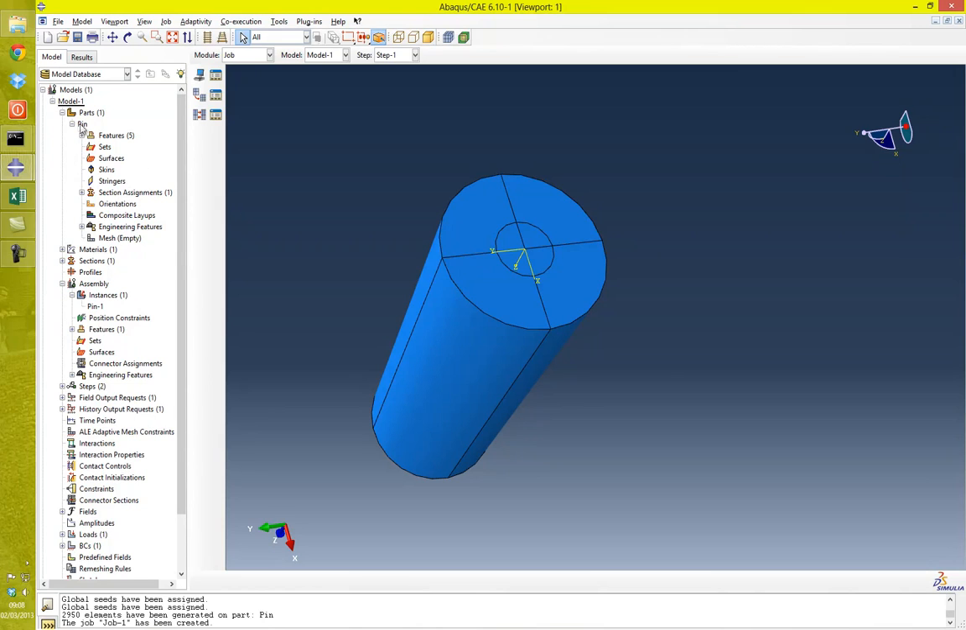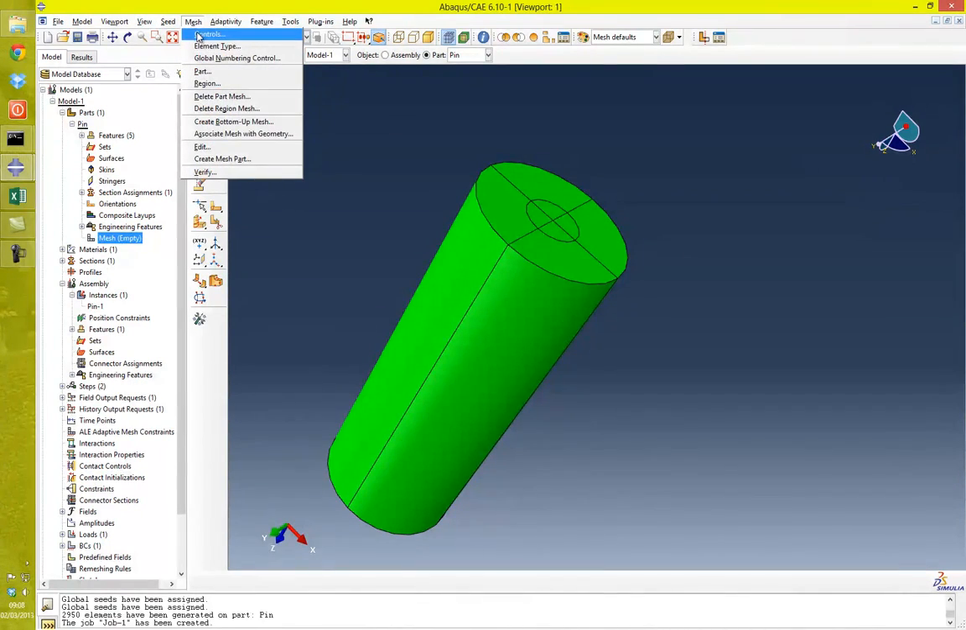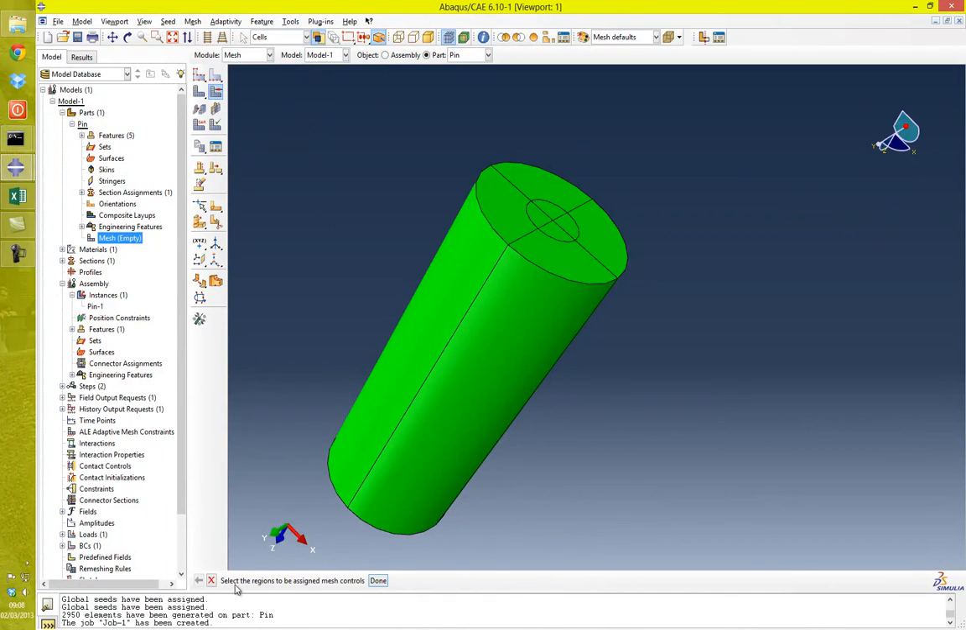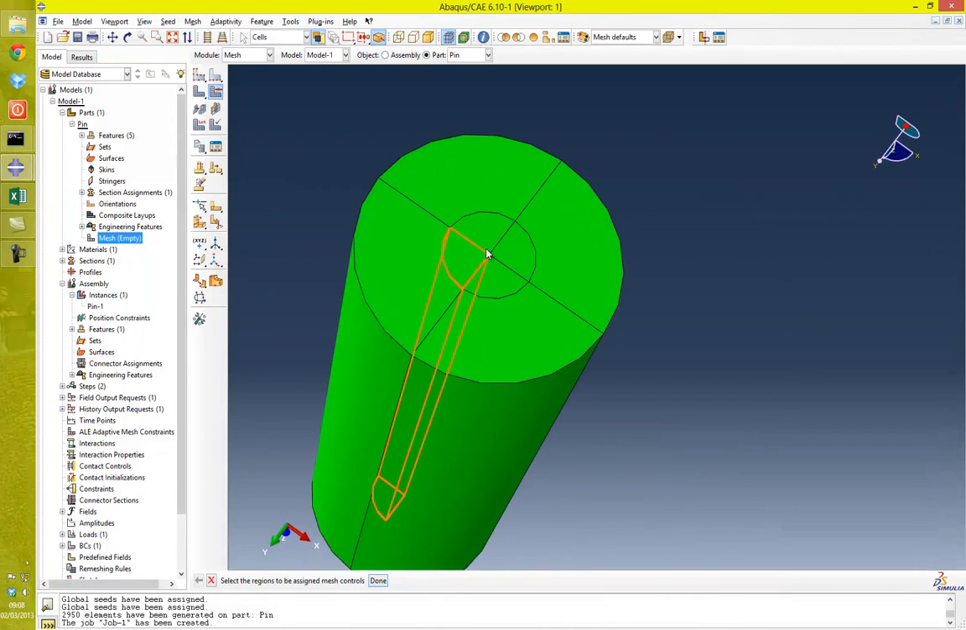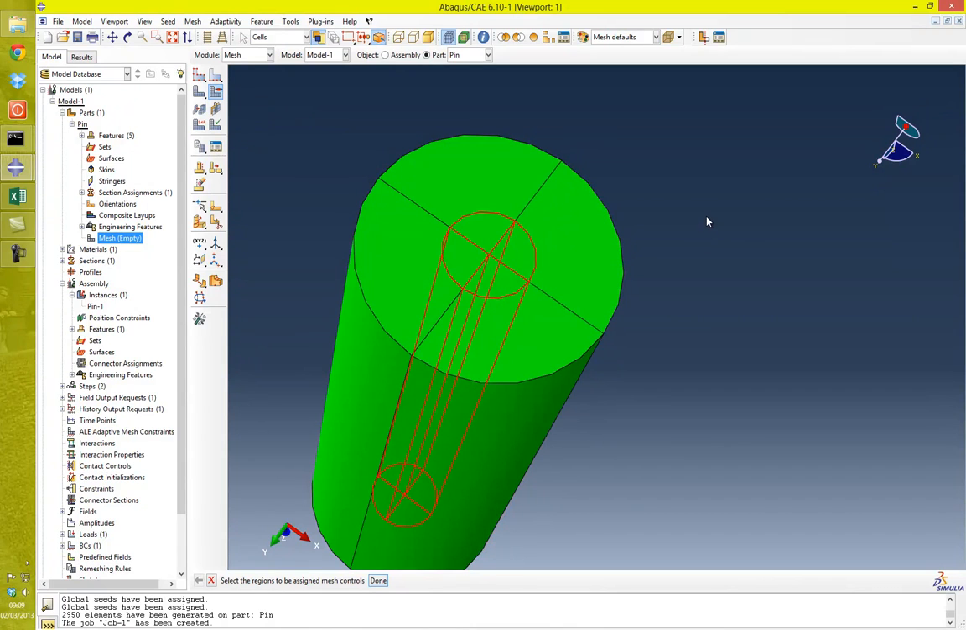So up under parts and pin, double click mesh, and okay, under mesh go to controls, and it says select the regions to be assigned mesh controls. So I want to change the type of mesh that's created in here from the default type of mesh to get, using our new partitions, a neater mesh structure. So holding shift, select the 4 quarters of the inner part, the inner cylinder, then middle click,